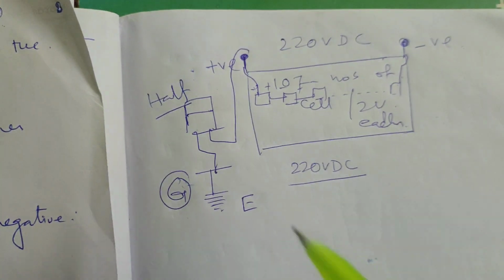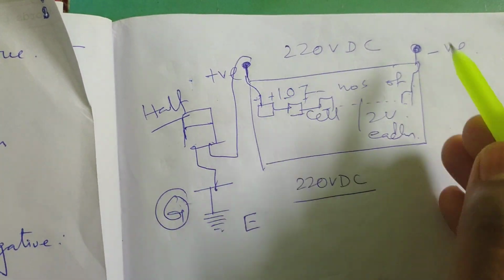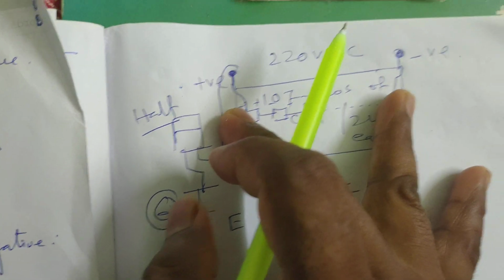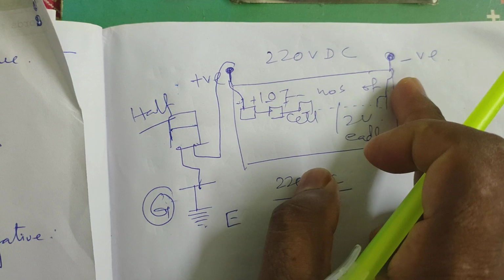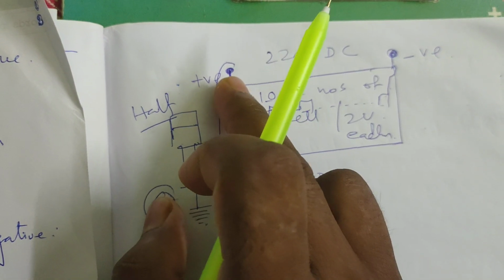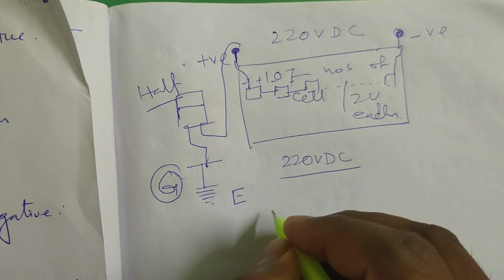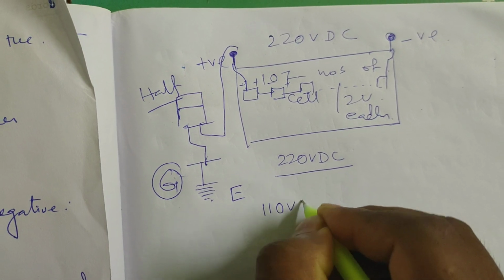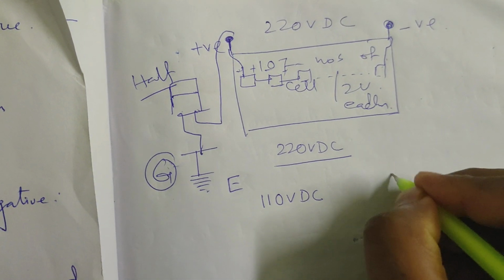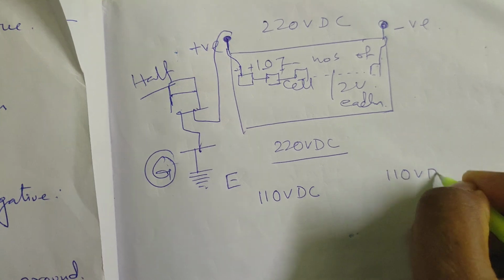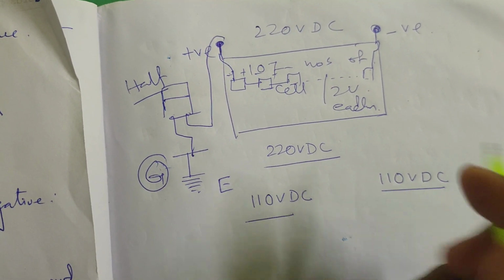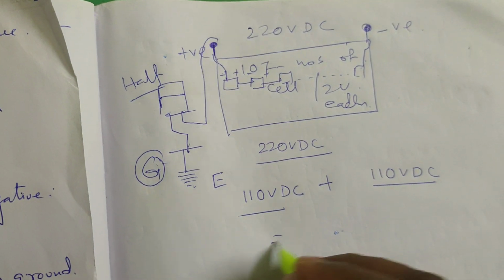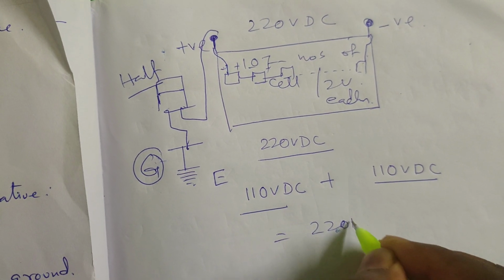So the two terminals are at different potentials. This is the positive potential terminal, this is the negative potential terminal. This terminal contains 110 volt DC, and this terminal contains 110 volt DC. If we add these 110 volt and 110 volt, we get 220 volt